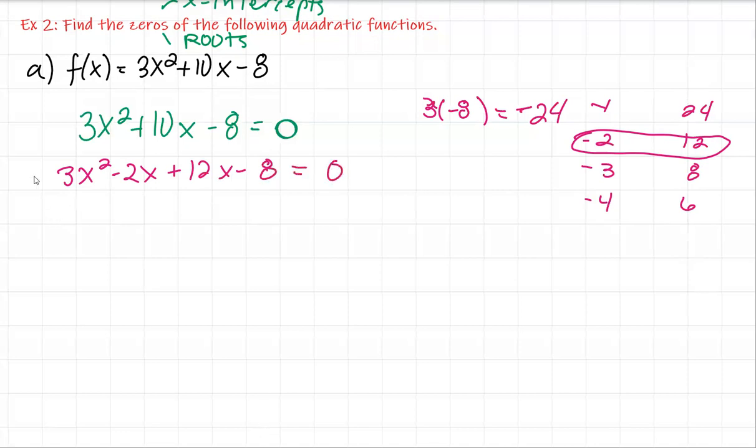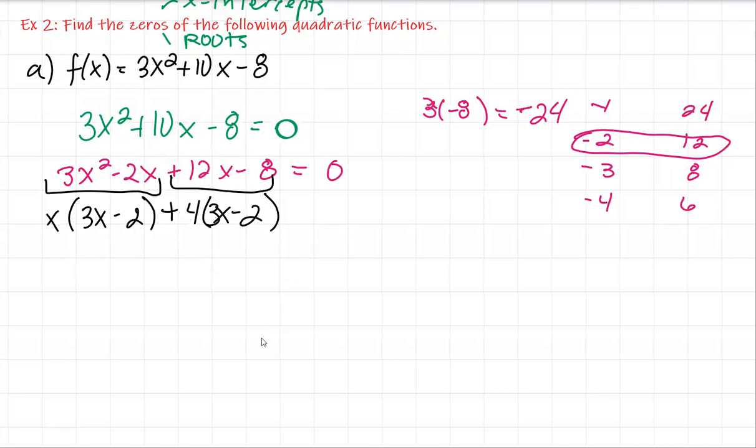Let's go ahead and factor by grouping. From my first group, I can factor out just an x. I'm left with 3x minus 2. From my second group, first I stick down the plus. I don't have a negative here in the first part of this group, so I don't need to factor out a negative. But I can factor out a 4. 3x minus 2, not just x. We still have the equals 0. Now notice they both have 3x minus 2 in common. We factor out the 3x minus 2, and we're left with x plus 4